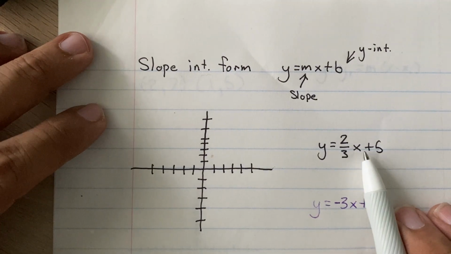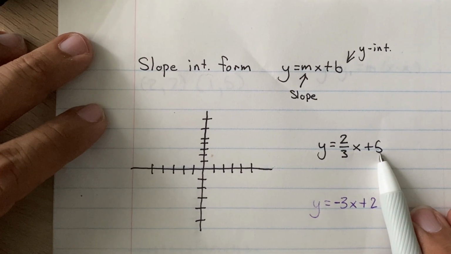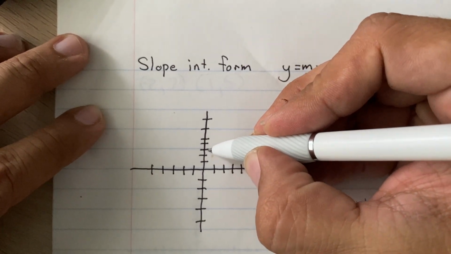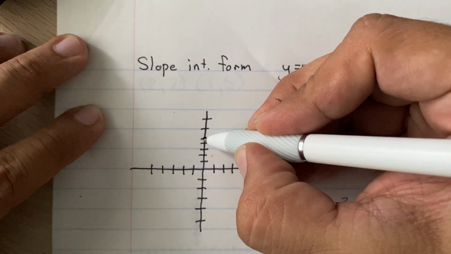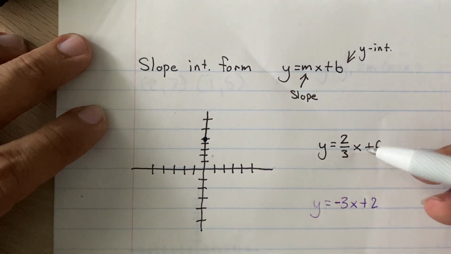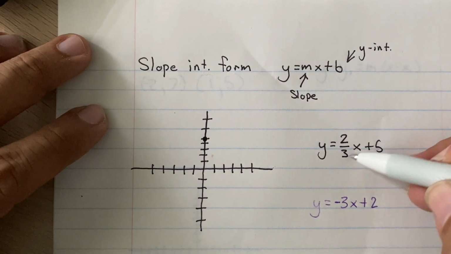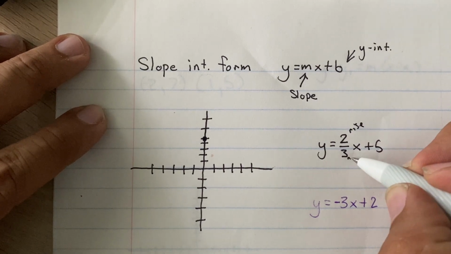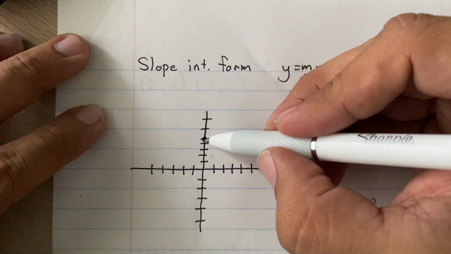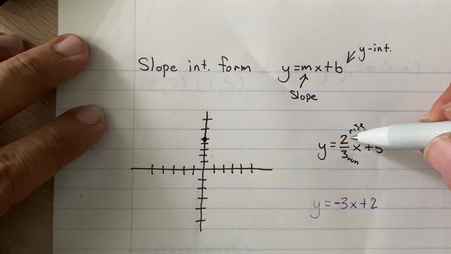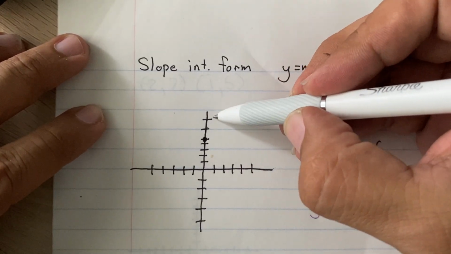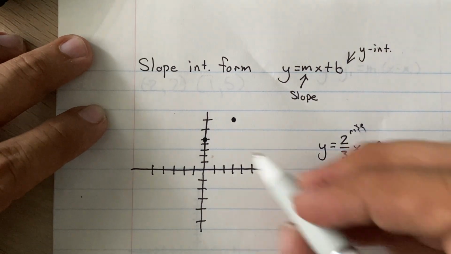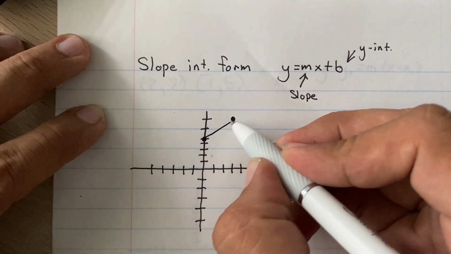So here, our first dot that we're going to find is 5. So 1, 2, 3, 4, 5. That's our first dot. Now, from the start point, this will tell us how to find the second dot using rise and run. So from here, we're going to rise 2, because it says 2. So we're going to rise 2 and run 3. 1, 2, 3. And there you go. We have graphed